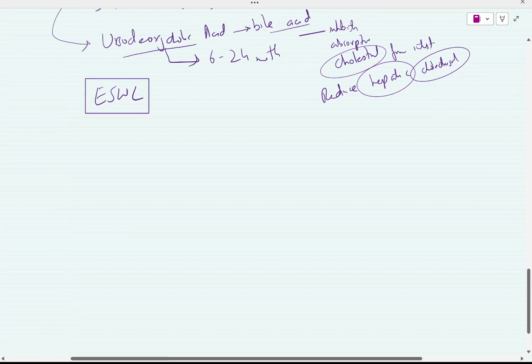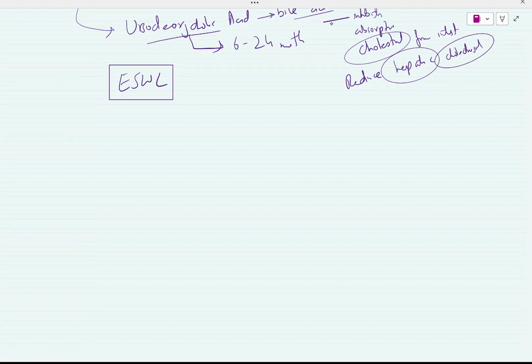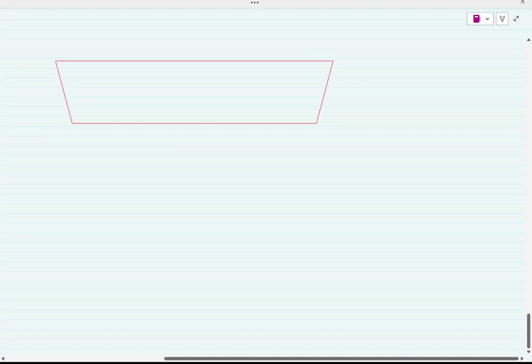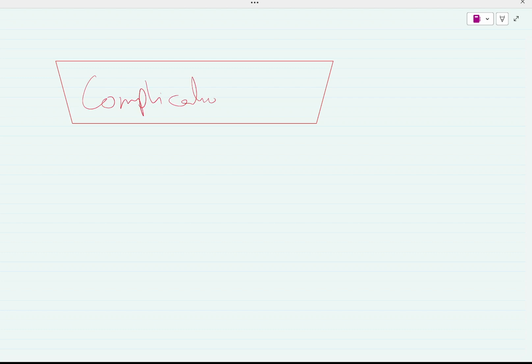So what complications can arise? If you are working in the peripheries, a patient comes to you and you will treat the symptomatic cases. If you are working in a tertiary care center, usually patients come with complications. So what kind of complications can arise from cholelithiasis? The first is cholecystitis. There will be inflammation of the gallbladder, leading to cholecystitis.